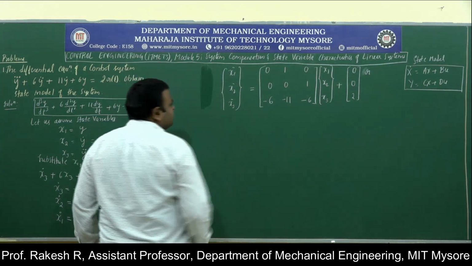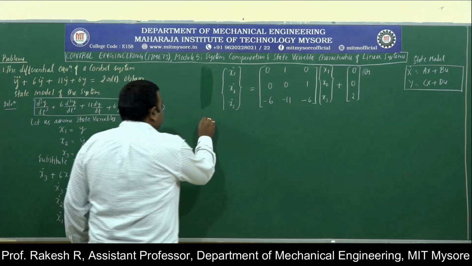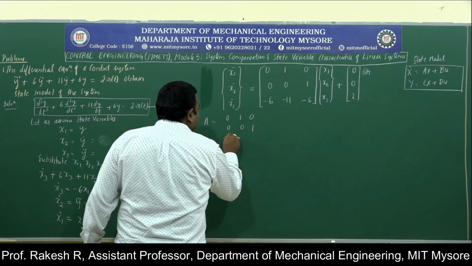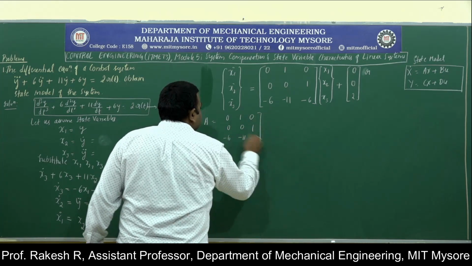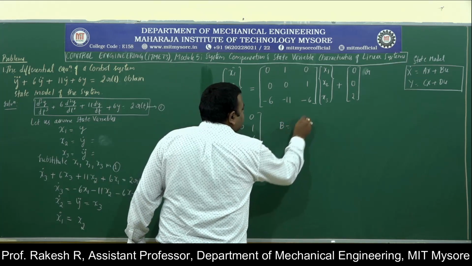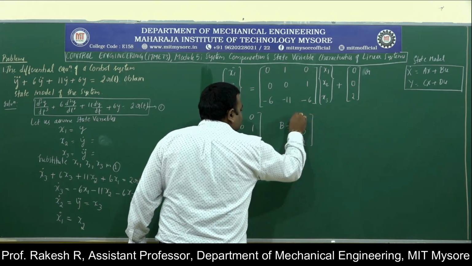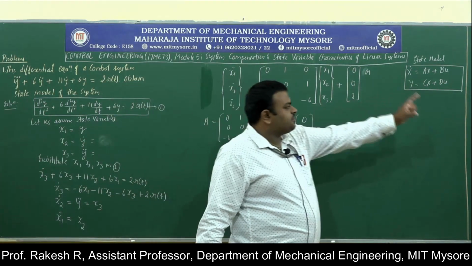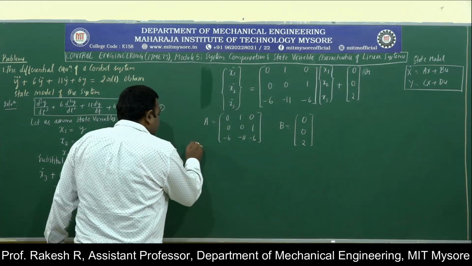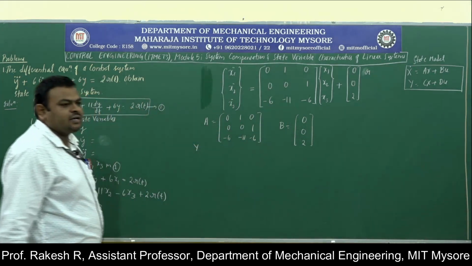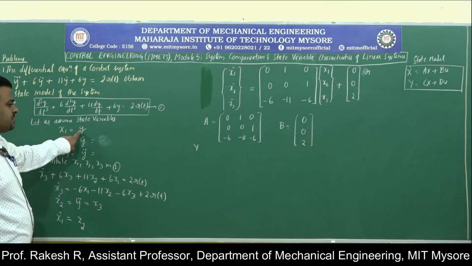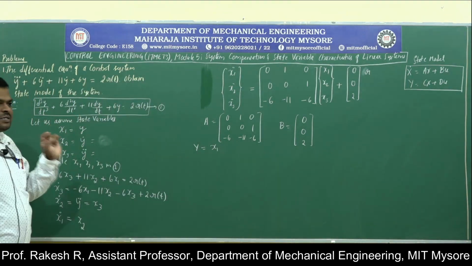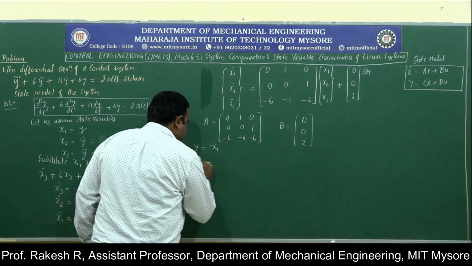So what is A here? This is a state equation. In the state equation, A will be equal to 0, 1, 0, 0, 0, 1, minus 6, minus 11, minus 6. And B is 0, 0, 2. Then you have to find another one, that is the output equation, y is equal to Cx plus Du. Where is y? Y is here. So y is equal to x1. Since there is only one term, that is x1, we can write y equal to